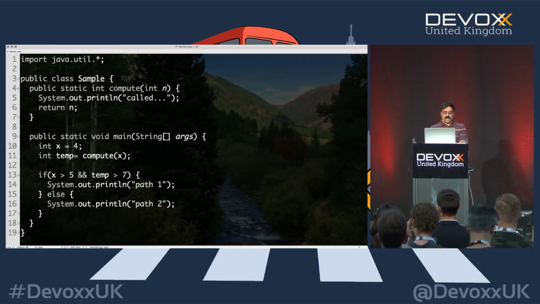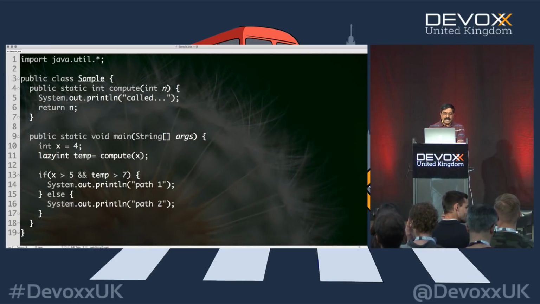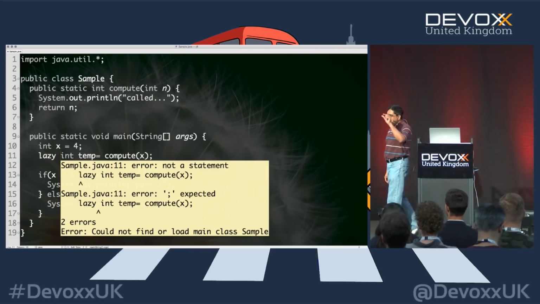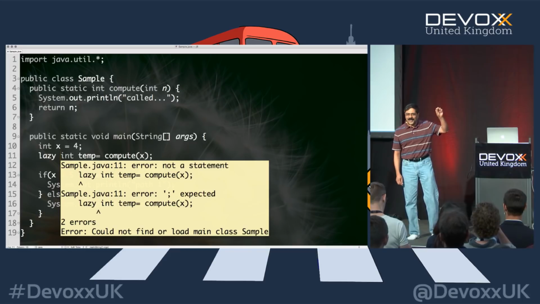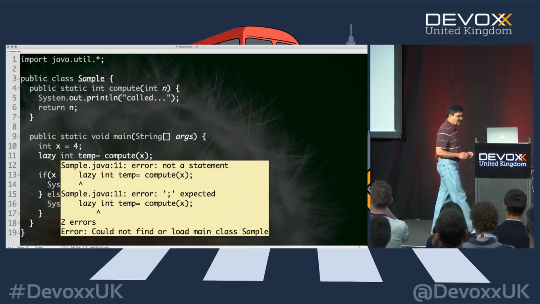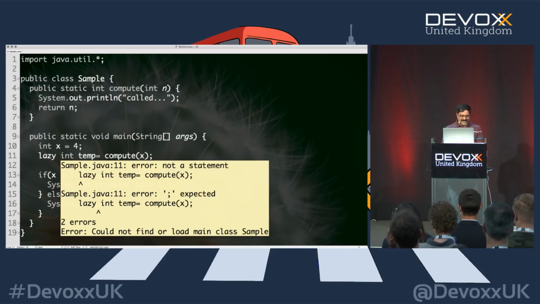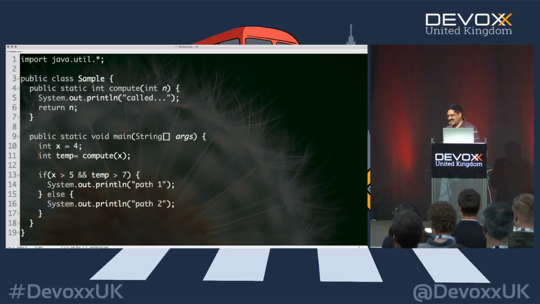Let's try that here in Java. I'm going to go back here and say lazy right here and ask it to execute it. But it doesn't work. For a minute there, you said to yourself, oh my gosh, isn't it? Sorry I did that to you. Okay, so sorry, that's not quite the case. Java doesn't have that feature.